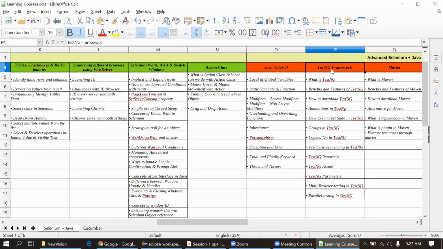So we can create dependency based on the requirement. TestNG also provides reports to us. Suppose you are verifying proper data from the UI, a few fields on the UI. We can save that verification in the reporter, and generate the report at the end when the test execution is done.